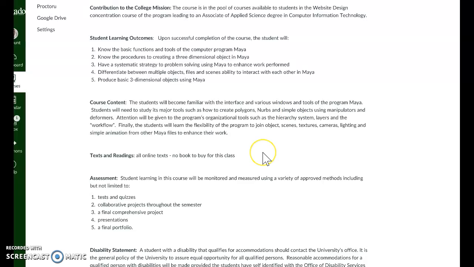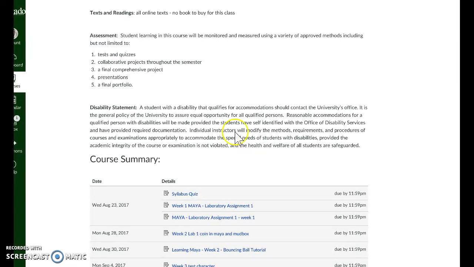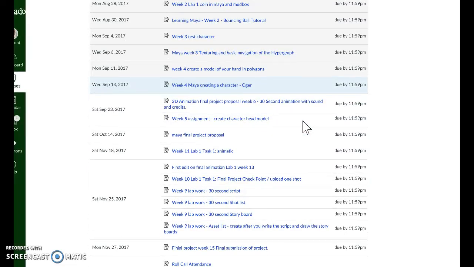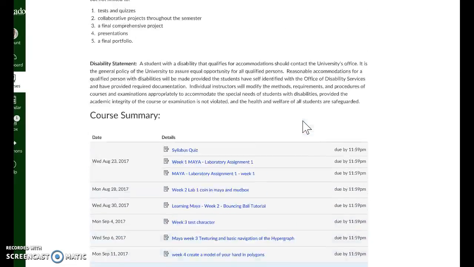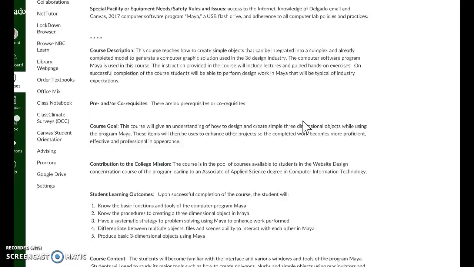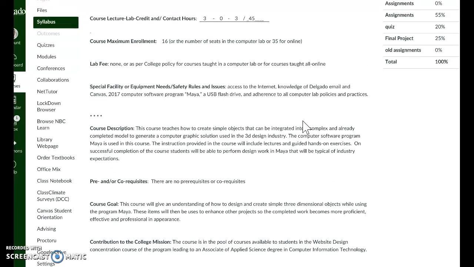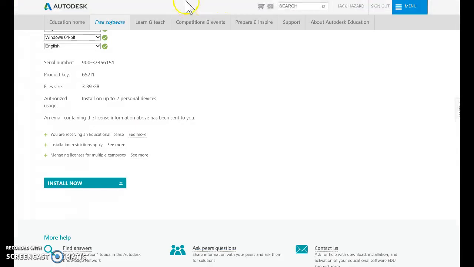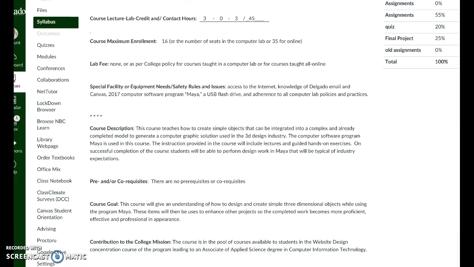You just need to learn the basic functions of Maya. And I expect you to upload some images to the server about every week. And I'll be grading you just on those completions. Can you make a cone? Can you make a plane? Can you render it out? And you upload it. We'll also be doing animations, and you'll be saving